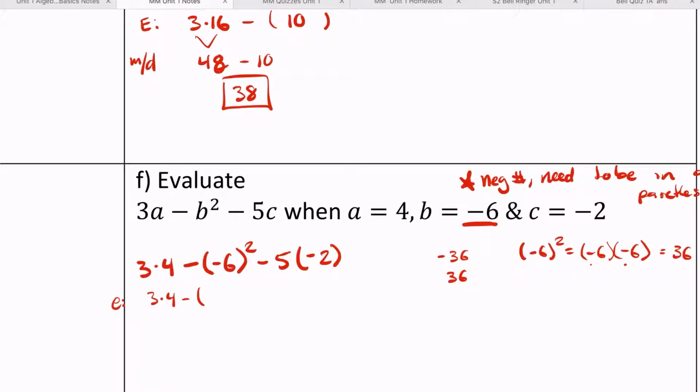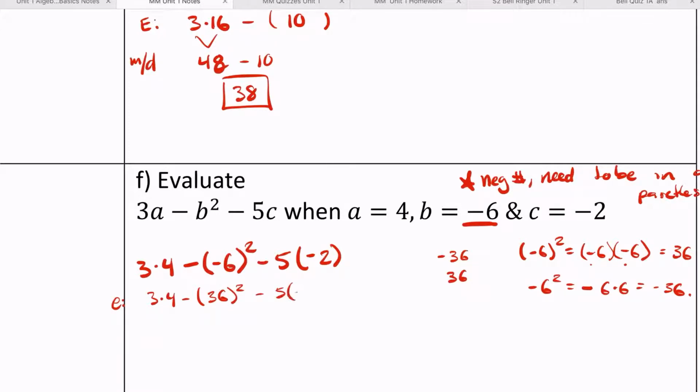Okay? If you didn't have it in a parenthesis like this, then what you'd be getting is basically negative and then 6 squared would be 6 times 6. So there's a big difference in having that parenthesis versus not having that parenthesis. Okay? So when you do that, you'll end up getting a positive 36